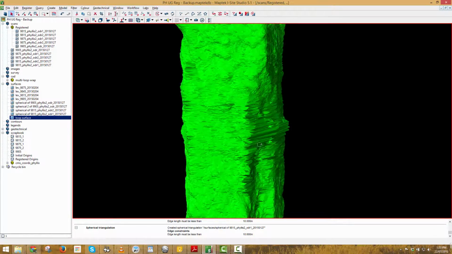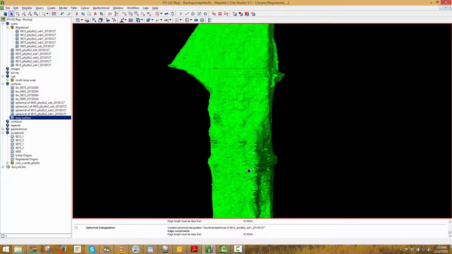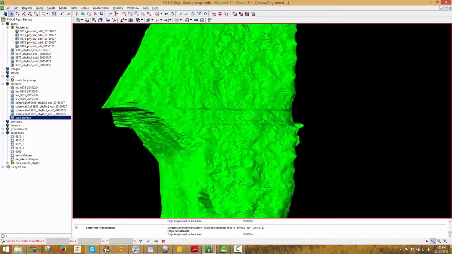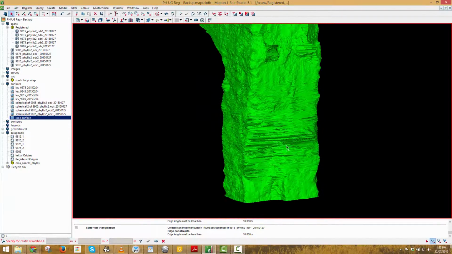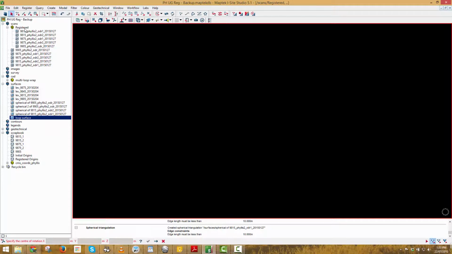So some of those lines look a little bit messy. If I wanted to sort of smooth that out a bit, when you're creating your loop wrap, I would go a larger interval. I mean, the best way to do it would be more points, but a lot of the reason they're created is because there's not very many scan points in that area. If I show you,